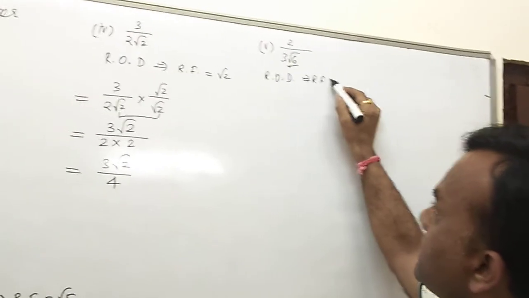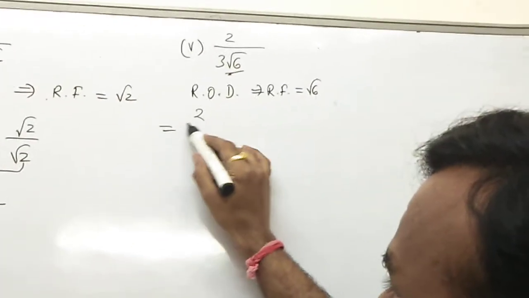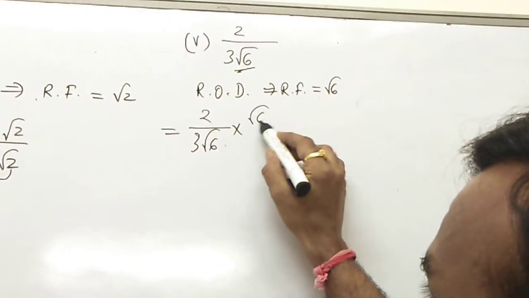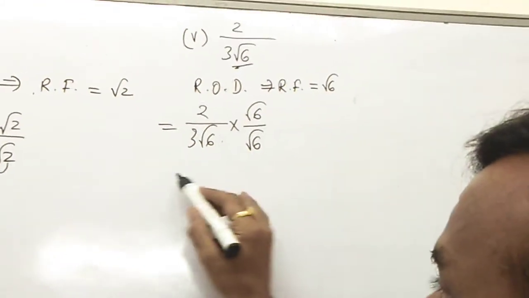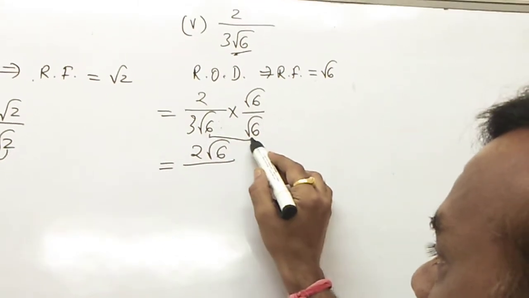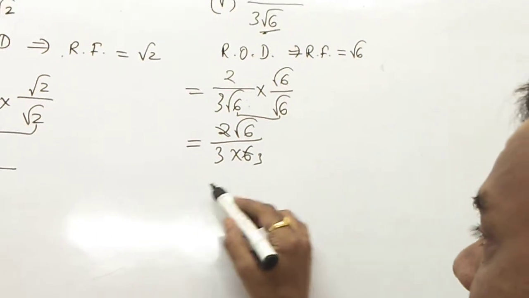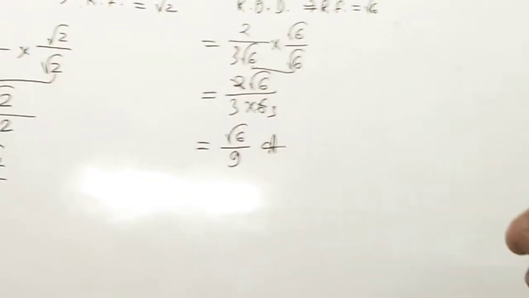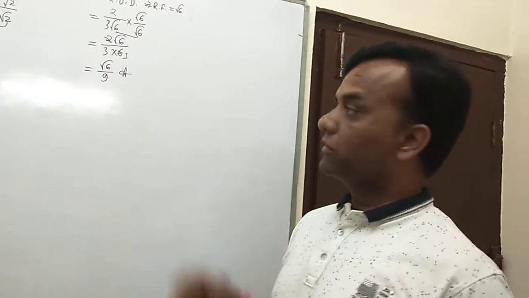Okay, so what is the rationalizing factor? Rationalizing the denominator again, and the RF you know is only the single term, that is root 6. So RF is root 6. Again we do the same process. You write down your given number as it is, no change, and then multiply and divide by the RF, root 6 by root 6. You multiply the numerator by root 6, but in the denominator you have root 6 times root 6 is 6, so 3 into 6, and now you simplify with 3, then your answer is root 6 by 9. So this is another answer, and the concept is changed because one number is cancelled out. After simplifying you write down the answer.